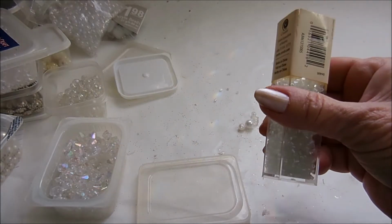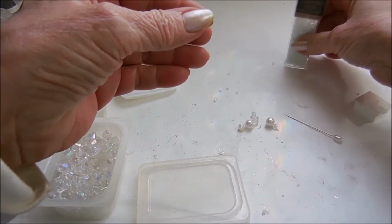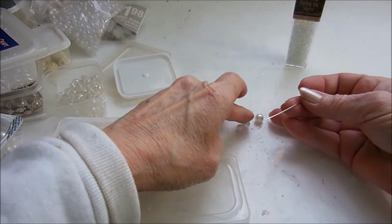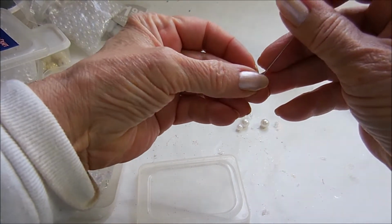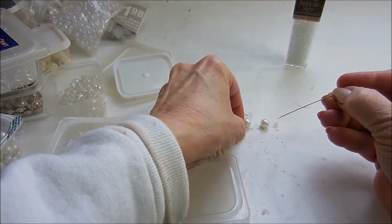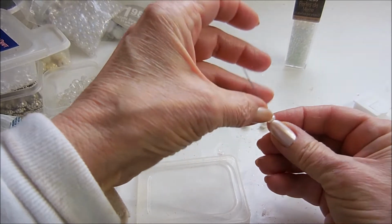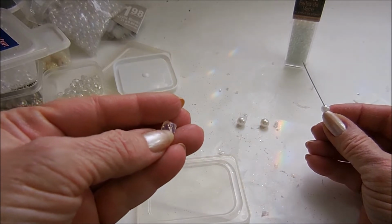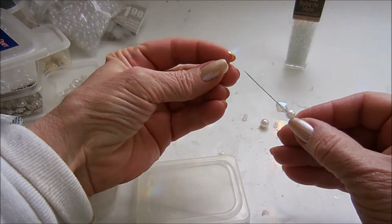Okay, I got some of my little tiny glass beads and a stick pin and a variety of pearls and crystals. And I'm going to put the little tiny one on the top just as a spacer, and then I'm going to put our pearl on, and it's a bicone bead. I'll put a larger pearl on,